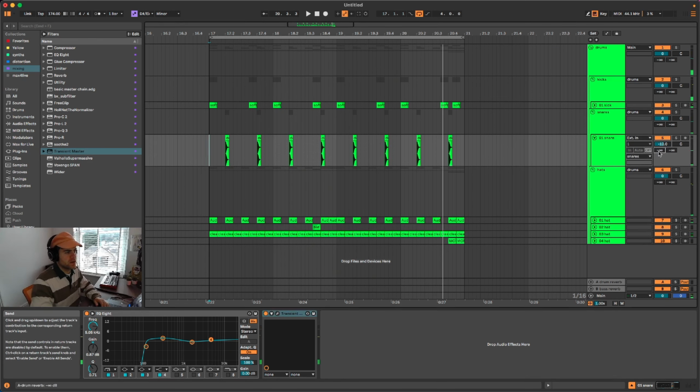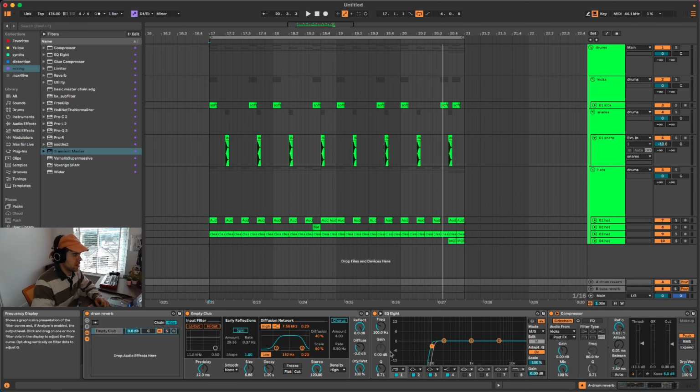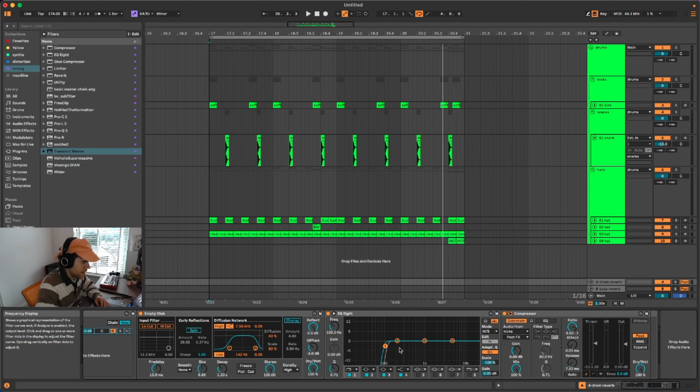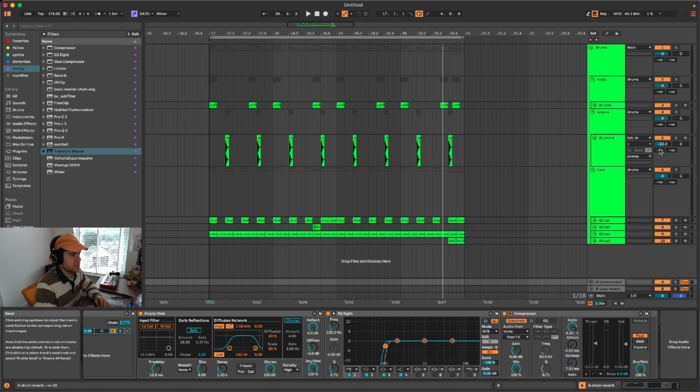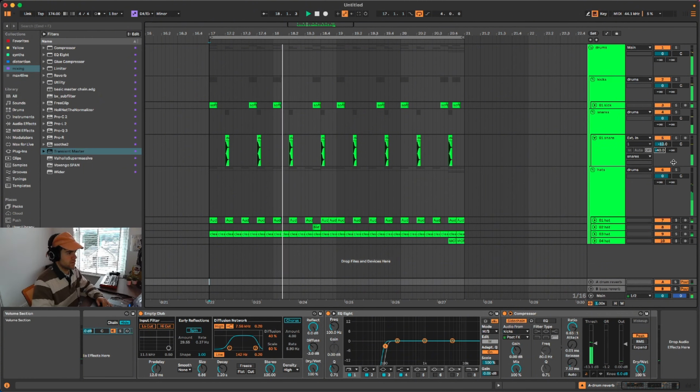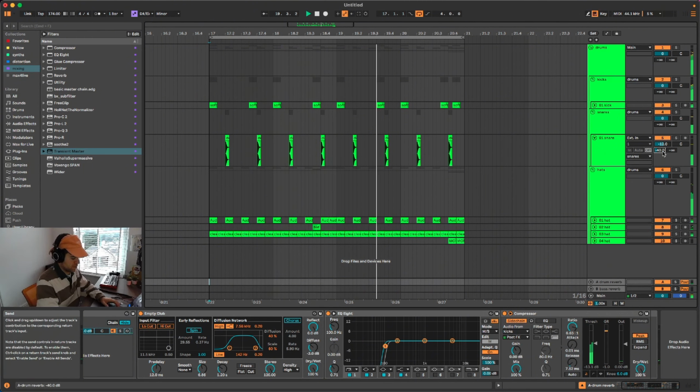What I'm going to do as well is come over to here. So down here I've got a return setup, which is basically an empty club reverb with an EQ cutting out the lows, and a compressor which is sidechained to the kick. Really simple reverb chain, and I'm just going to add that to the snare. It's a bit too much, so I'm going to